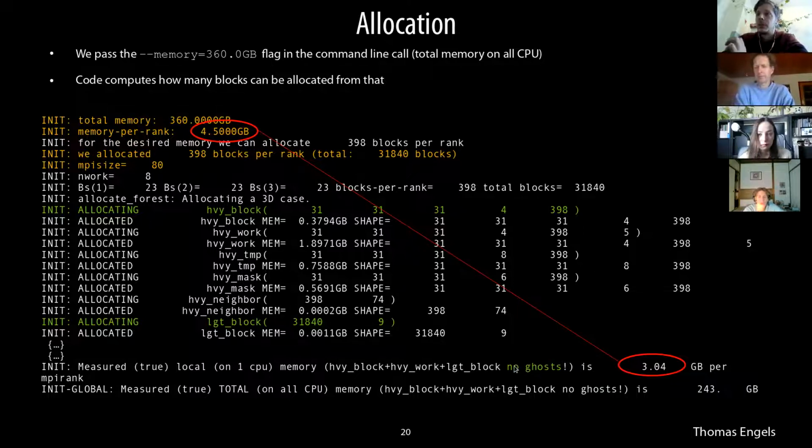This is without the ghost node buffer arrays that I will come to a little bit later. So this is just to say, even if you have 4.5 gigabyte per core, you cannot use 4.5 gigabyte per core because you need some additional work arrays for MPI synchronization. Anyway,